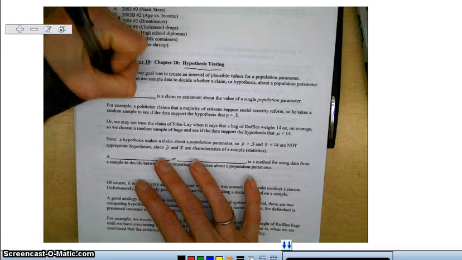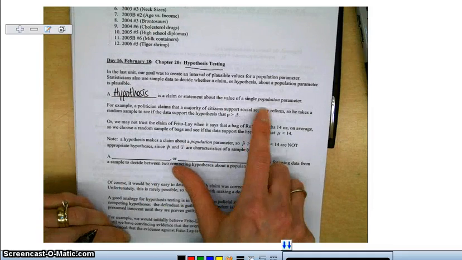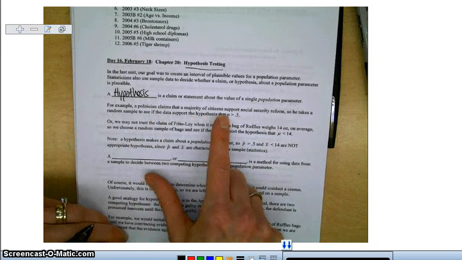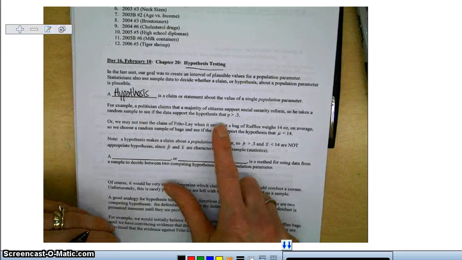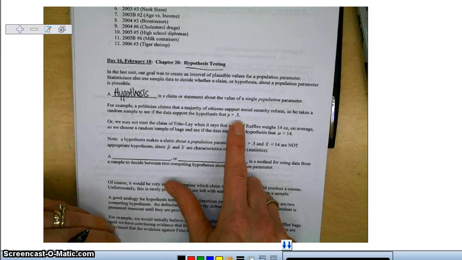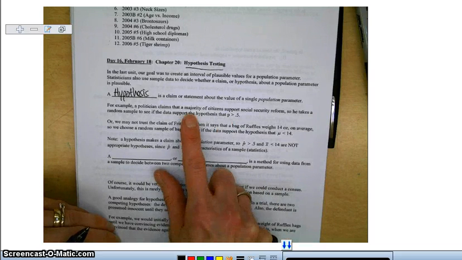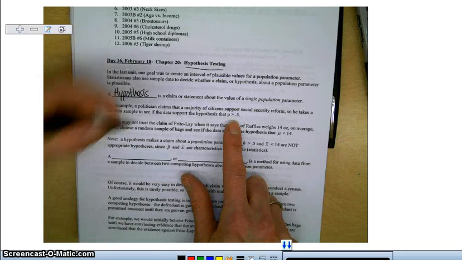So a hypothesis is a claim or statement about the value of a single population parameter. For example, a politician claims the majority of citizens support Social Security reform, so he takes a random sample to see if the data support the hypothesis that P is greater than 0.5. Notice the hypothesis statement is dealing with the parameter P, not P hat. We could also deal with mu, the mean. Now, majority, if you're dealing with voting, a majority is greater than 50%. That's why you are taking a random sample to see if the data support that they support Social Security,